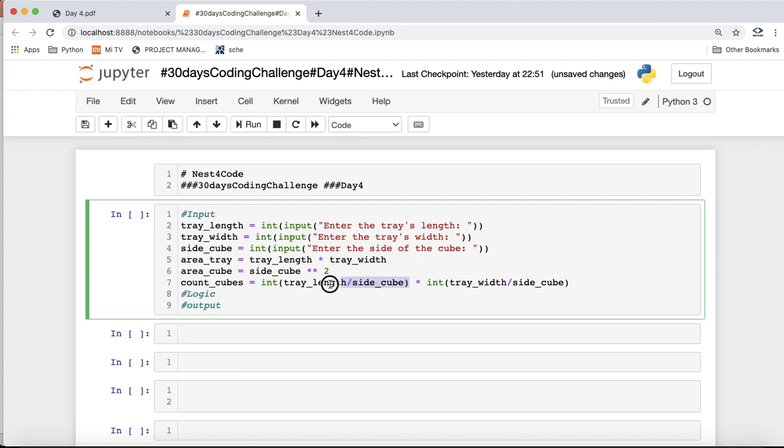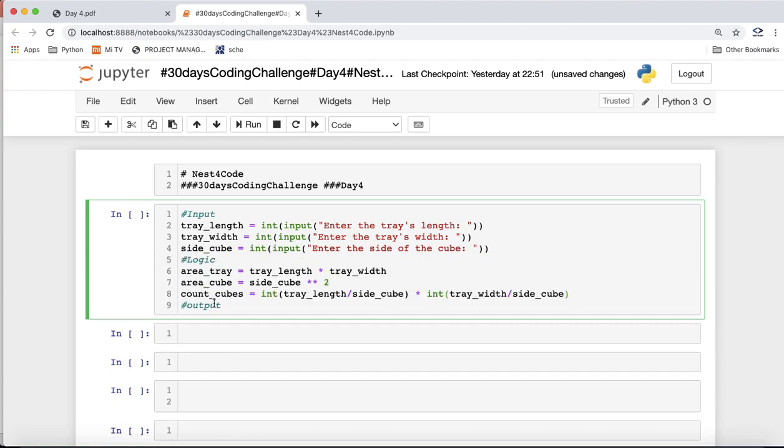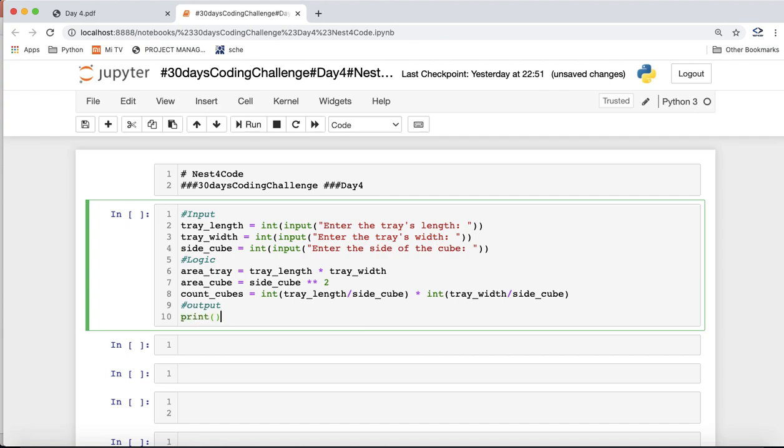We have to get the length part separately and the width part separately, and then multiply them to get the total count. So this will be primarily our logic part. And for the output, we'll just show the user the count of the cubes.